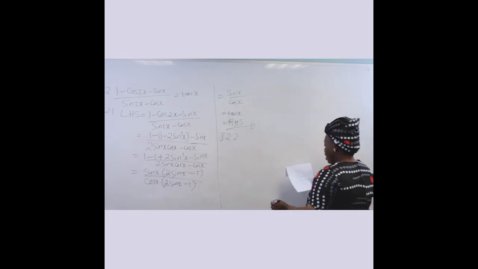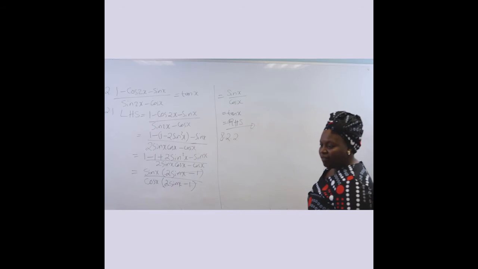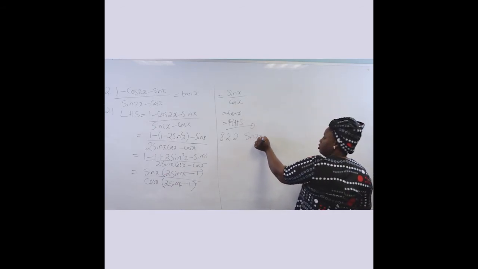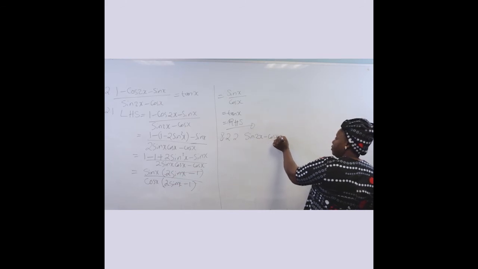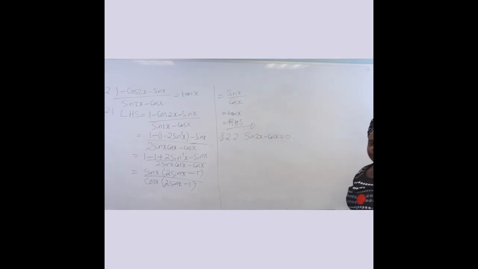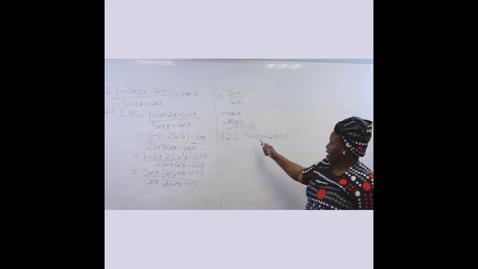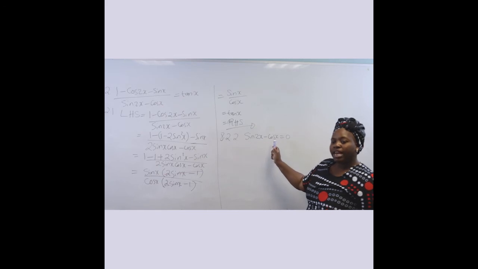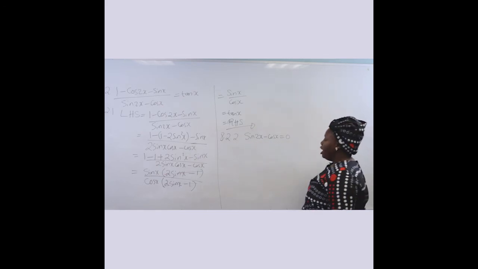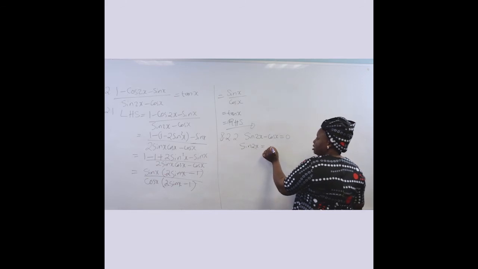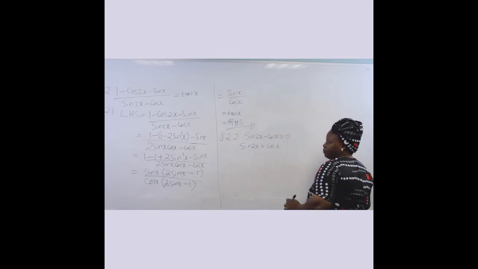8.2.2. We are told that it's undefined. So undefined is when the denominator is equals to 0. That is where undefined is. We must solve for x. Now, look at this. We have sine and cos. We just said these two are somehow married. So we can put them in that statement. So let's put sine 2x equals cos x